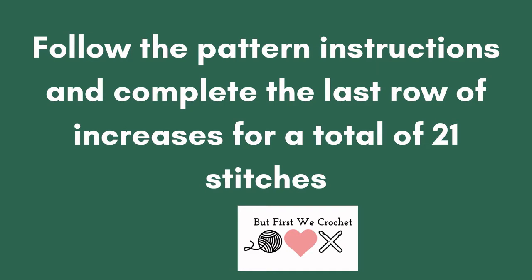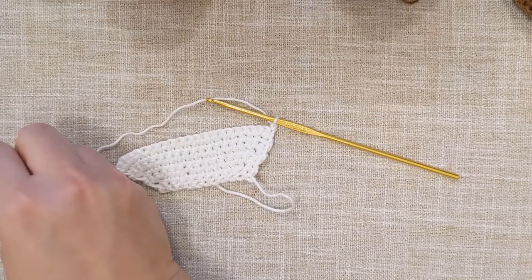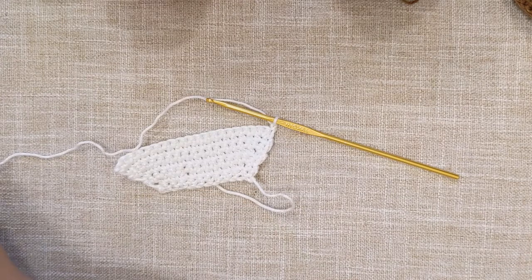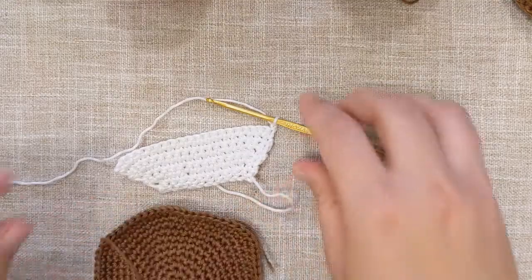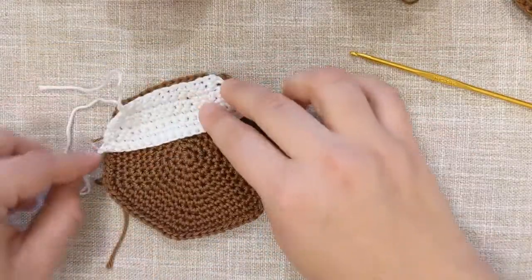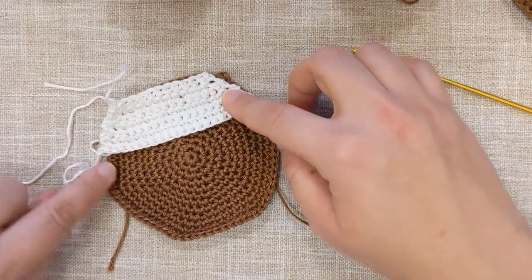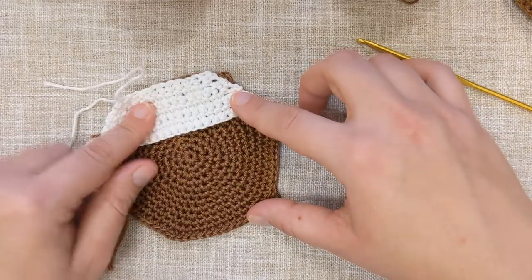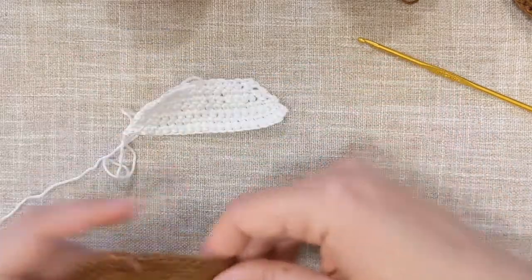Essentially, you've worked now the number of increases that our pattern needs. I'm just gonna get my yarn sorted here. And now what we will do is we just want to increase the length of our piece so that it grows a bit and it can cover about half, well, maybe 2/3 of our main body piece, and then we will work a little scallop kind of wave edge to make it look more